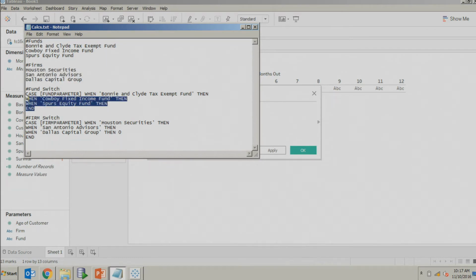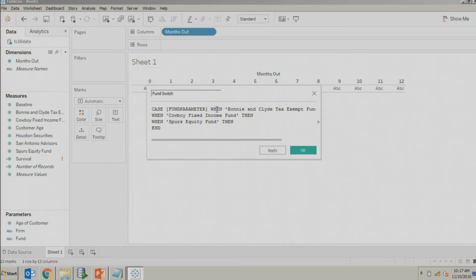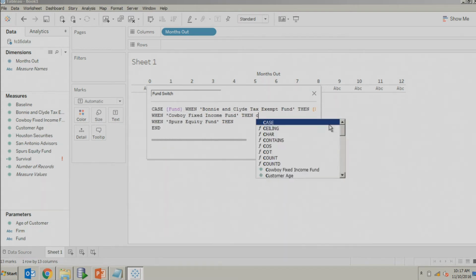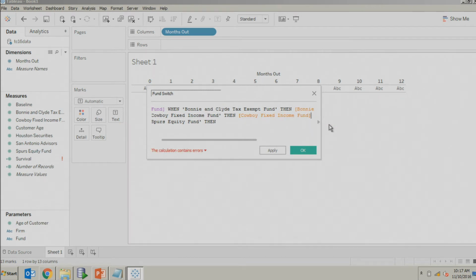We're going to do this with basically just a case statement. And we have this pre-written, but we'll walk through it. So we're going to say case, whatever our parameter for fund is. In this case, it's just called fund. When it's this Bonnie and Clyde tax-exempt fund, then we should use the appropriate contribution to cumulative hazard. When it is this other fund, Cowboy Fixed Income Fund, we should use that one. And for Spurs Equity Fund, we should use that one. So everything looks good. This is just what we need for our survival function, so we can move forward with